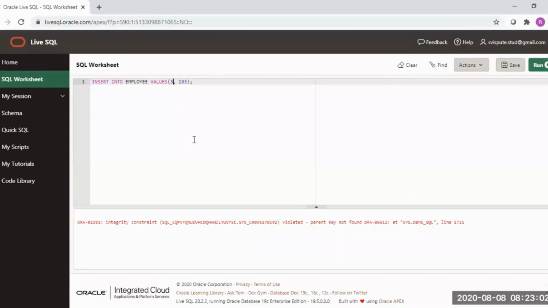So here you can see when you try to insert this record with the invalid department ID, you will get this referential integrity constraint error. So my error name is now integrity constraint, right? Parent key not found. So again, I'm inserting one more record with the employee ID 3, and I'm giving here